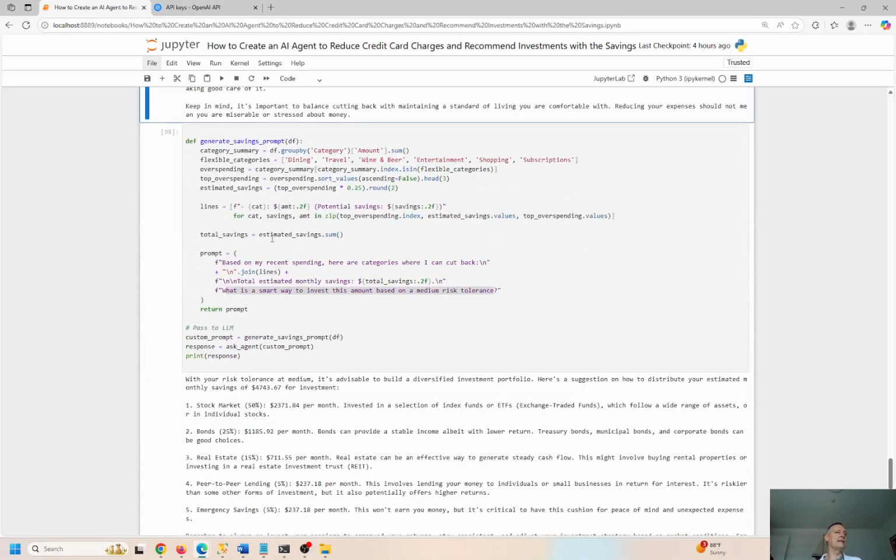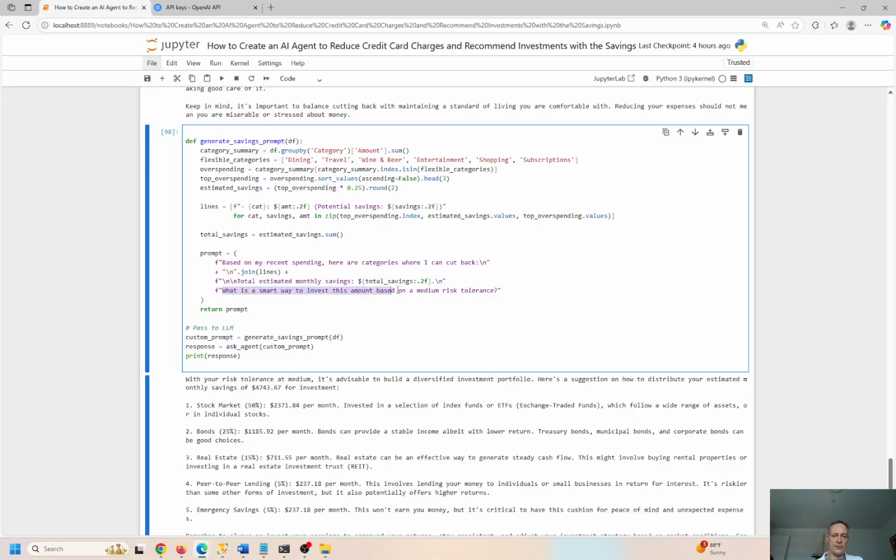If you cut back 800 per month, you're still going to have a decent life. The only difference is you're saving $800 per month, 10,000 per year. So the question to the AI agent, what is a smart way to invest this money based on medium risk tolerance? Now, I'm not super risky. I don't want to gamble a lot and maybe lose all. I'm not going to pick a very, very safe investment that is not going to lose money, but it's hardly going to make any money, and I'm going to have basically no capital gains. That doesn't make sense to me. I want something in the middle, okay? So some potential for capital gains and some positive return with a little downside risk, but not massive risk.